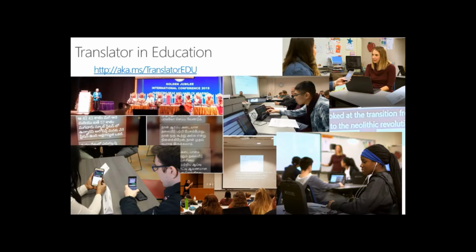But you will also see an example here. This is in India. This is a school that teaches primarily in English, but a number of the parents are from the region, and they don't speak English particularly well, and so they're able to get captions in Tamil and Telugu as an example. So they can come to sessions provided by the school that are conducted in English and then see the captions